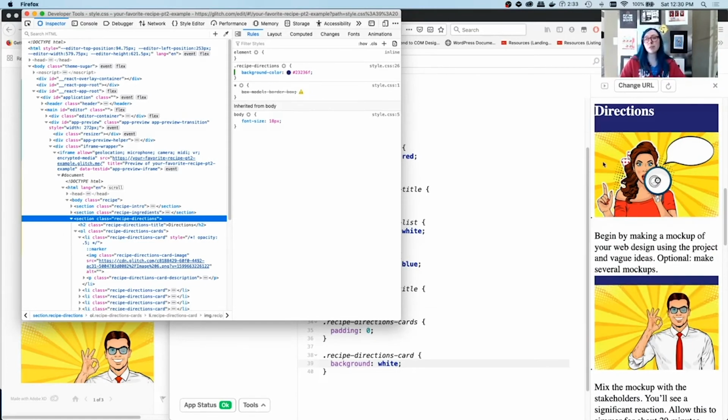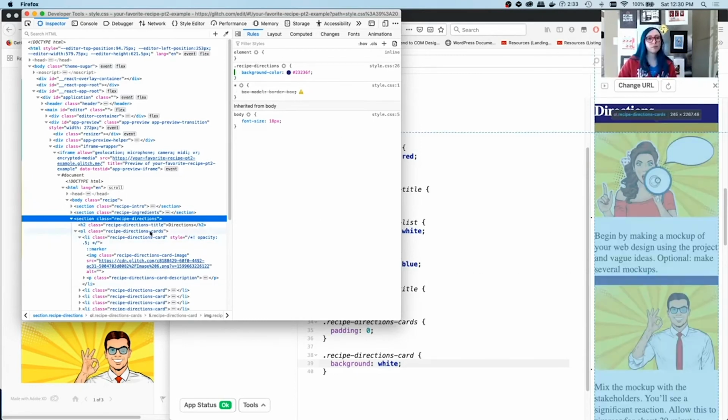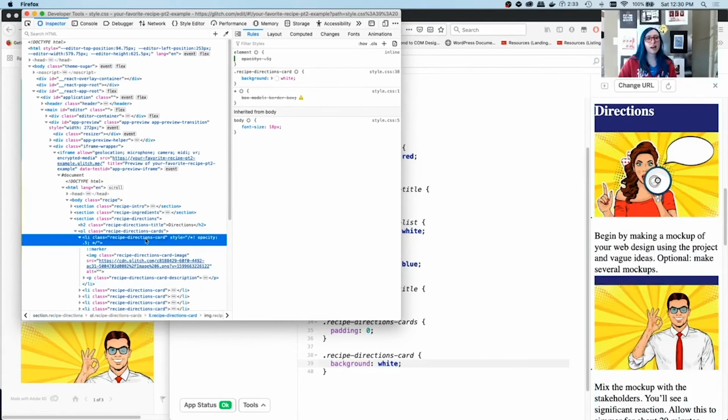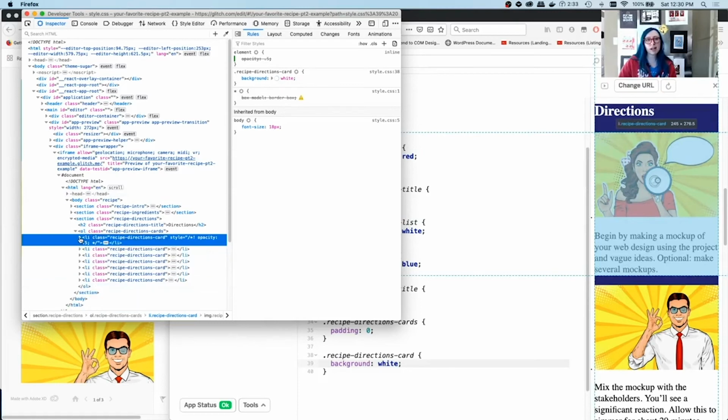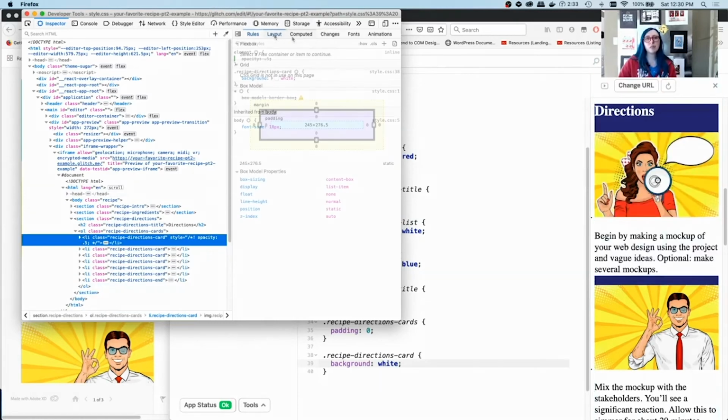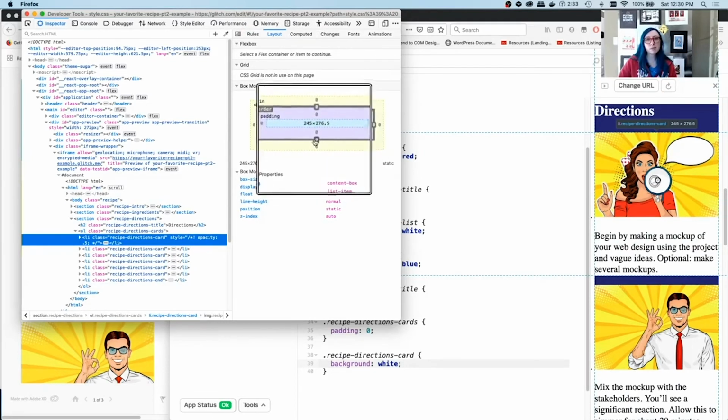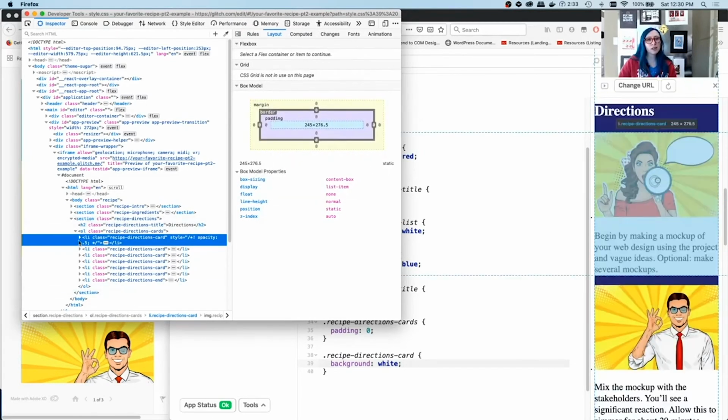Well, how did we figure out that we needed to take out padding over here? How did we even identify what might be going on here? You don't have to know the CSS property yet. You don't have to know what it's called. You just have to know where to look to find the information. So where did we look before? Well, the first thing we did was we took a look at the piece of HTML that we think is affected. I think it's recipe directions card. That's my guess. And I'm going to go to layout and look and see, oh, my guess was wrong. Look at that. It's not recipe directions card that's causing this. There's no extra margin. There's no extra padding. It's zeros everywhere.